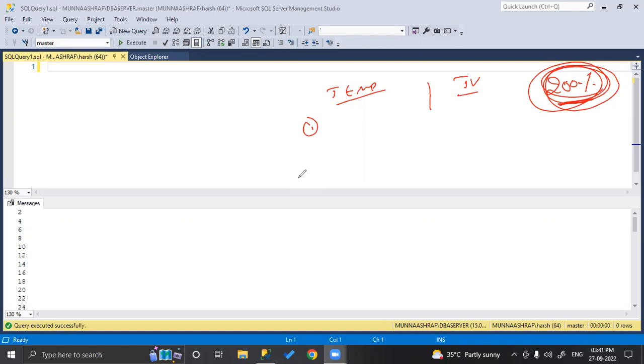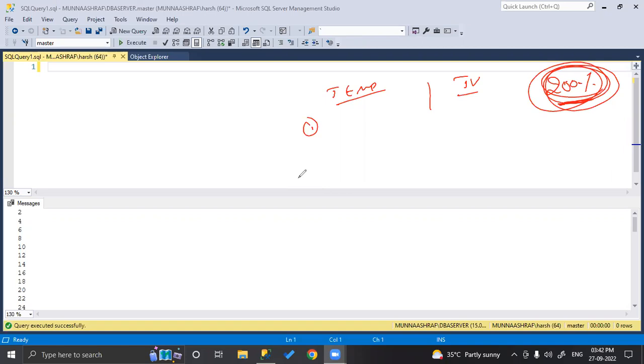So next is the table variable. Table variable is suitable for less amount of data.